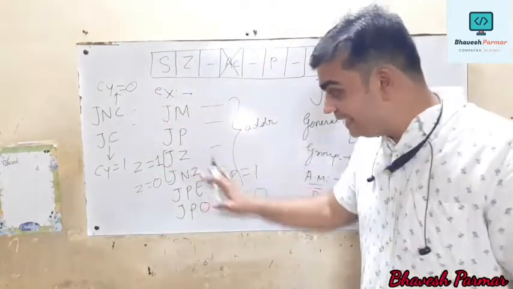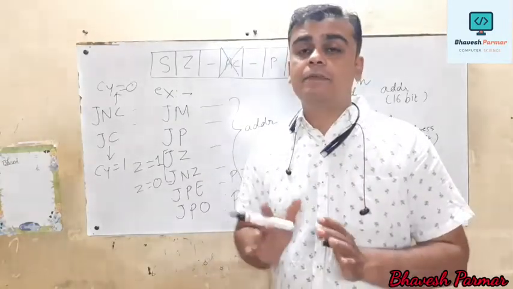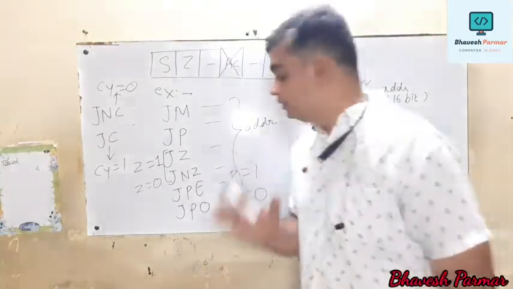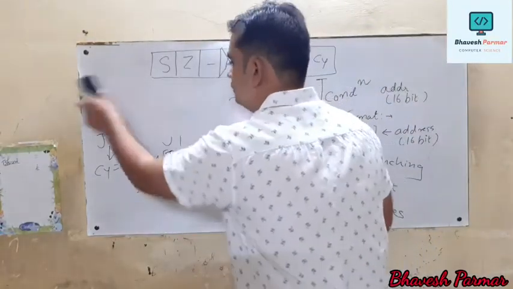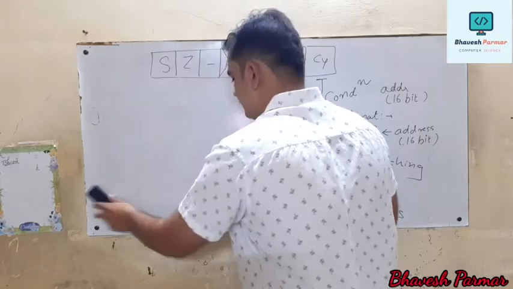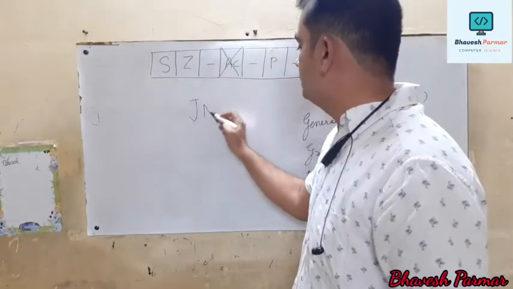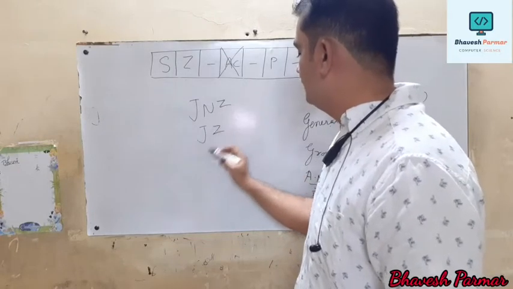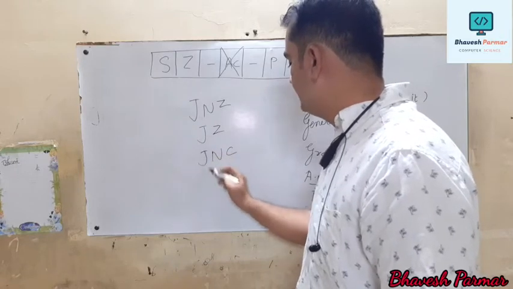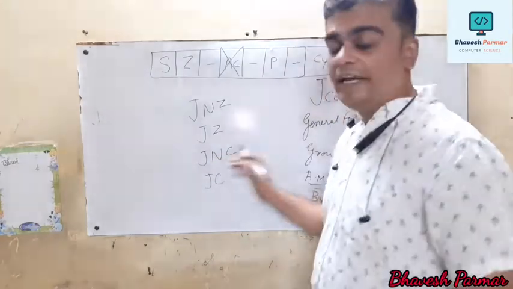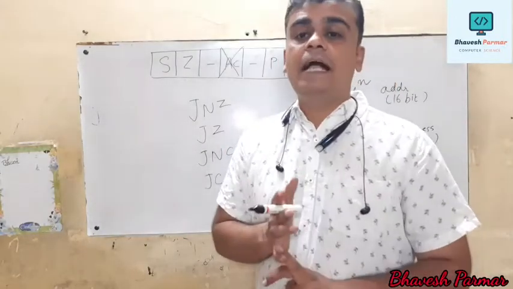So out of these 8 instructions, from the 12th point of view, in our syllabus, in our program, generally which instructions do we use? I will just show you. We are using only 4 instructions out of these 8. So what is our first instruction? JNZ, thereafter JZ, thereafter JNC and JC. So widely these 4 instructions are used, specially related with the Z flag and carry flag.